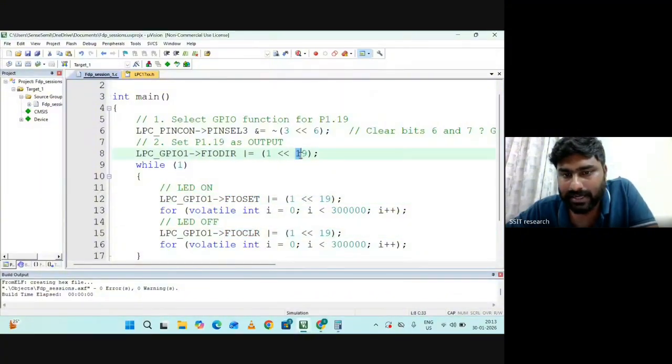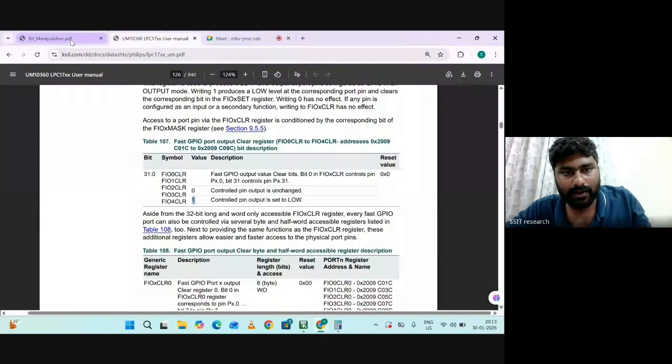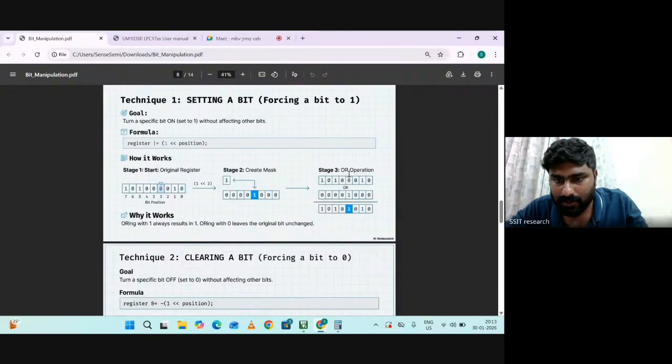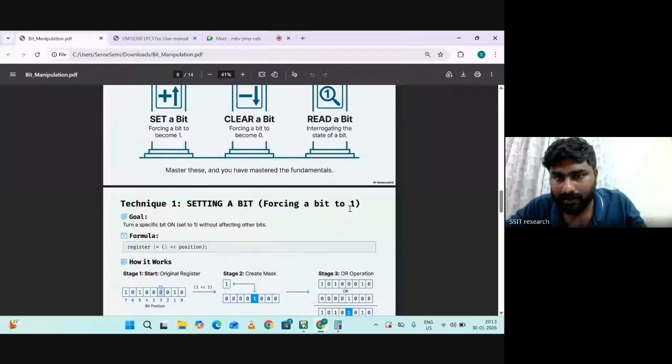We want to place the 19th position as 1, the 19th position for output. That's why one left shifting of 19 positions. Once the 1 reaches the 19th position, we are doing the OR operation. On the 19th position, there might be a 0 or 1. If there is a 0, we are sending 1 to that position with the OR operation, so finally we get 1. If already there is a 1,